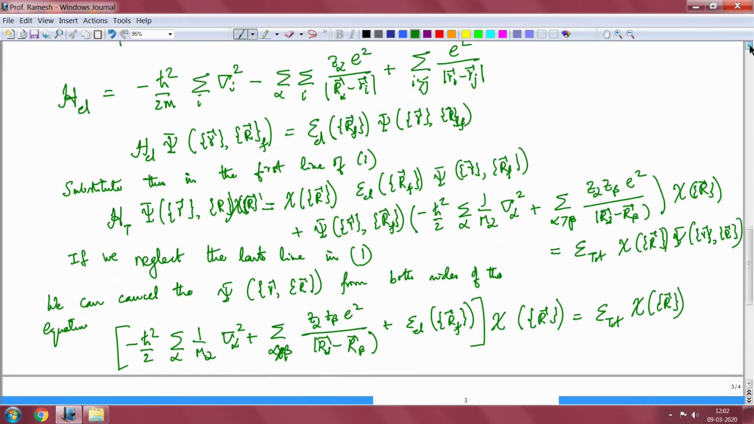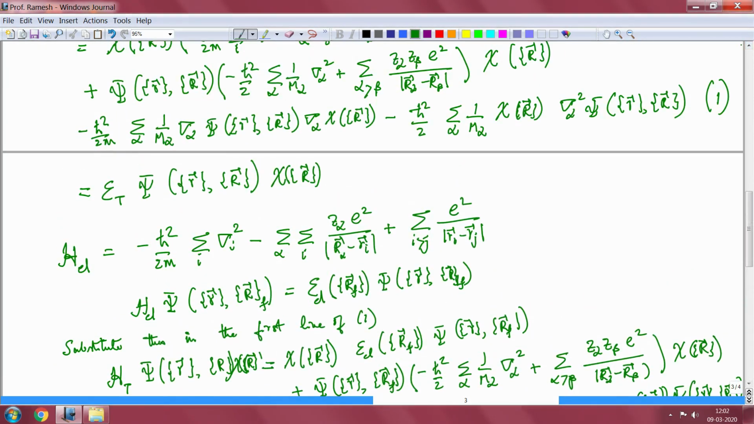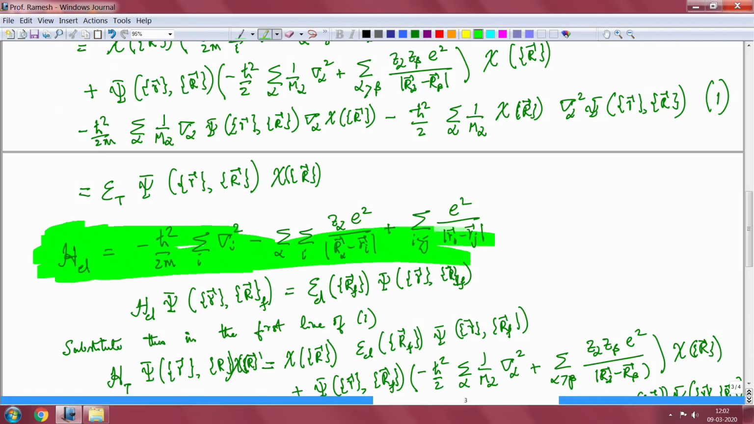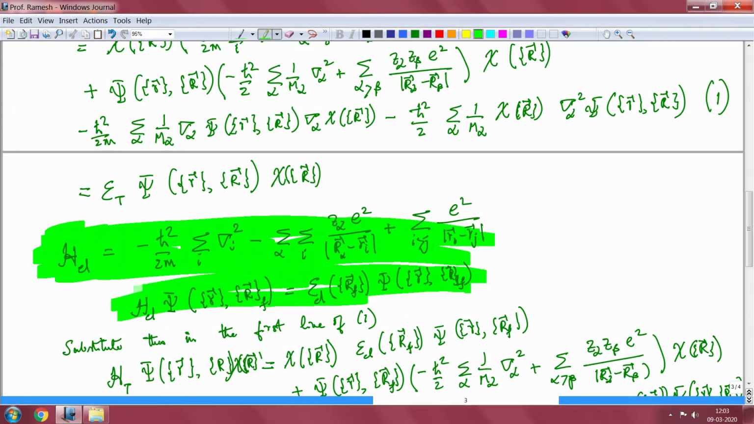One of the Schrodinger equations that I have is the electronic Schrodinger equation. Let me highlight it here by using the highlighter. Sorry, I am trying to find the highlighter on this one. Yeah, I found the highlighter. So, this is the electronic Hamiltonian, and this is the electronic Schrodinger equation that I have,